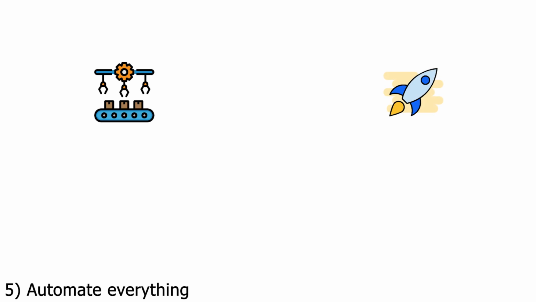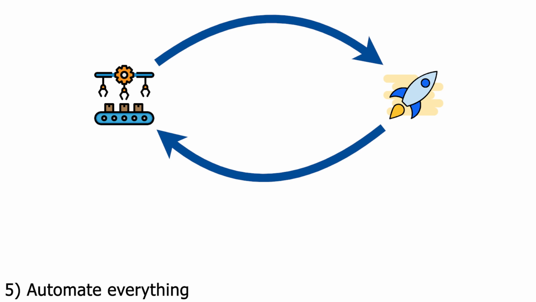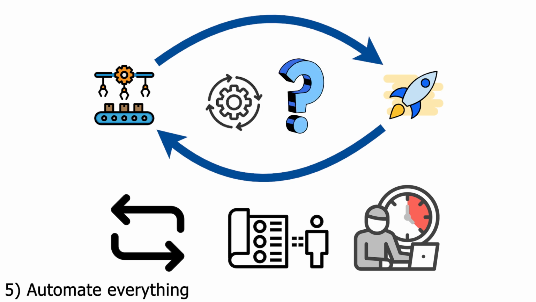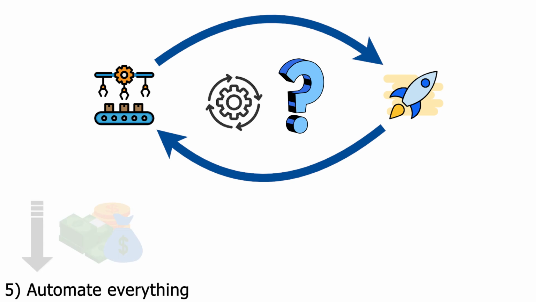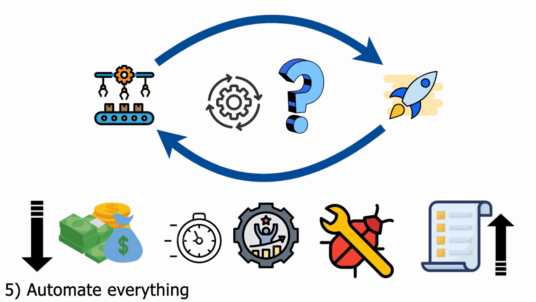Automate everything. By leveraging tools and technologies, DevOps fosters a culture of automation. Tasks that are repeated often, are manual, or are toilsome are usually primary targets of automation. Why automate? Well, it lowers costs, significantly improves speed and throughput, it reduces bugs and human error, it lets team members focus on high-value tasks.